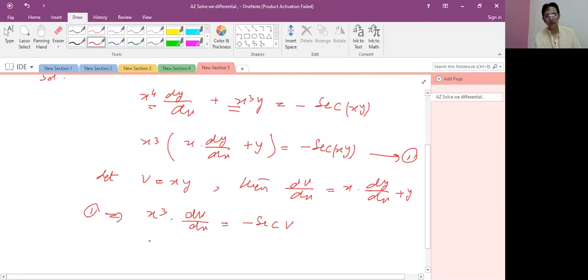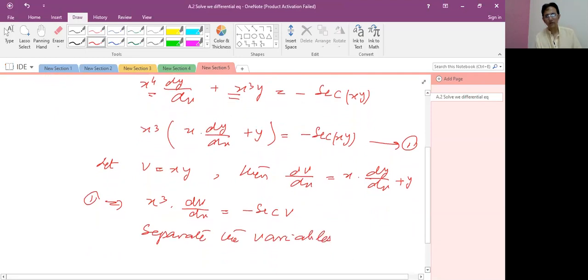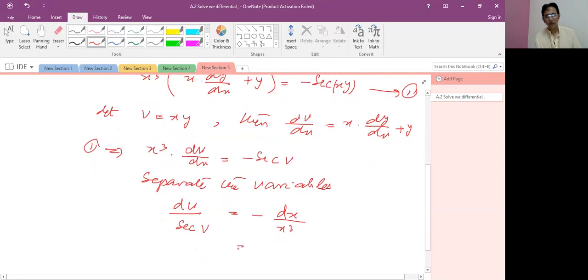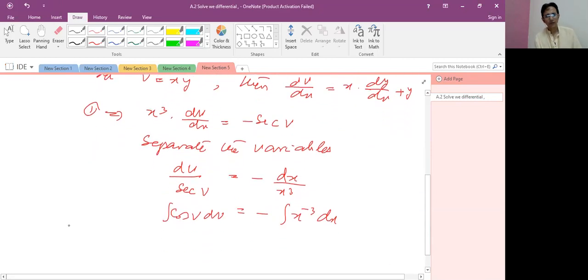So in the next step, separate the variables. So sec v, when we shift it to the left hand side, is in divided form, and minus the x cube upon dx will be converted into dx upon x cube. In the next step, if we write this as x to the power minus 3 dx and apply the integral sign, 1 upon sec v equals cos v, and taking the integral on both sides, we get